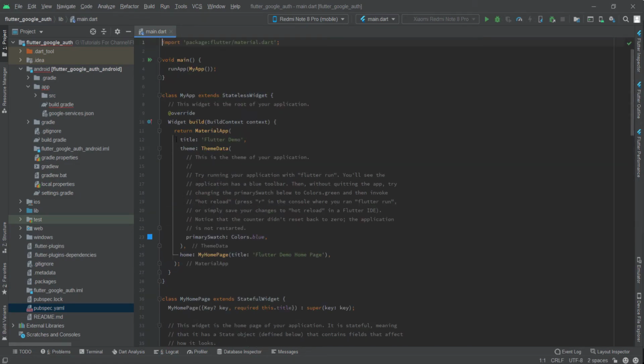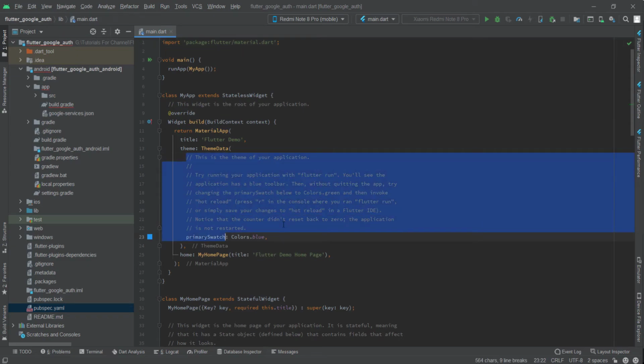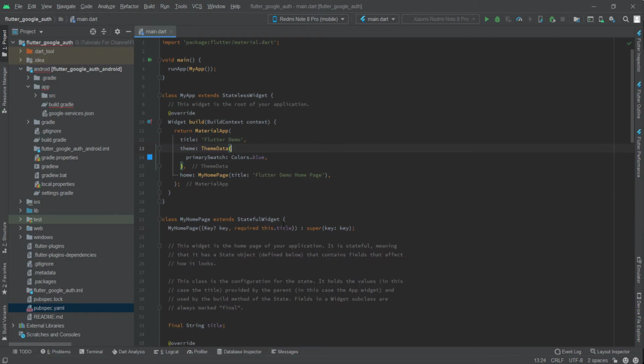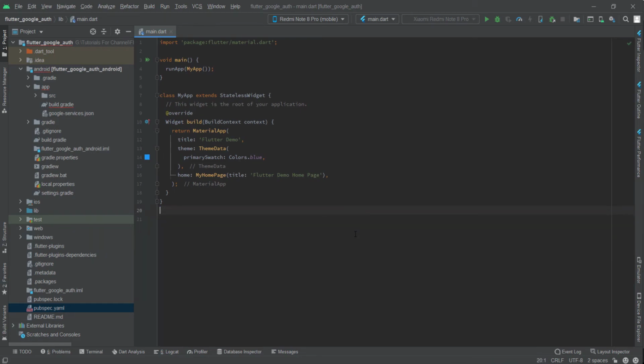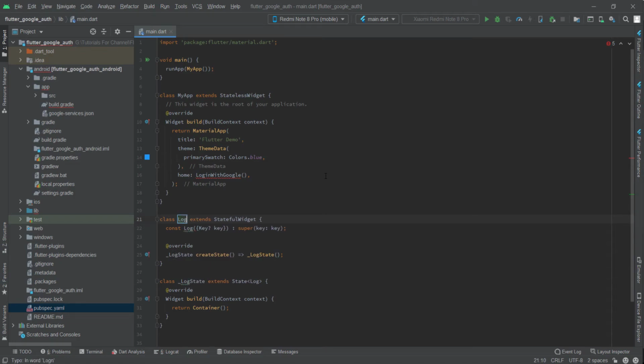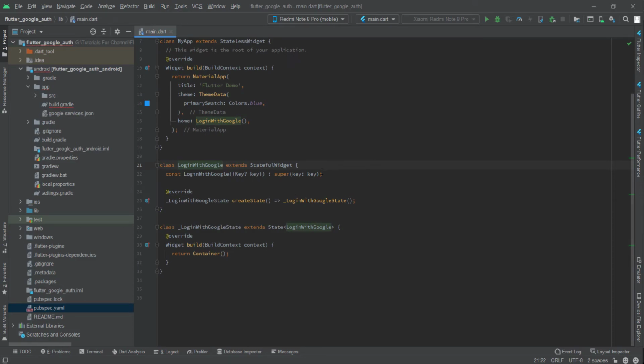For now I'm just removing this demo code from our project, and I will write our own code, which will be login with Google. I'm just naming this class like this, and right below this we need to create a stateful widget, login with Google. Okay, so now we need to create our UI part first, which will be scaffold, appbar,